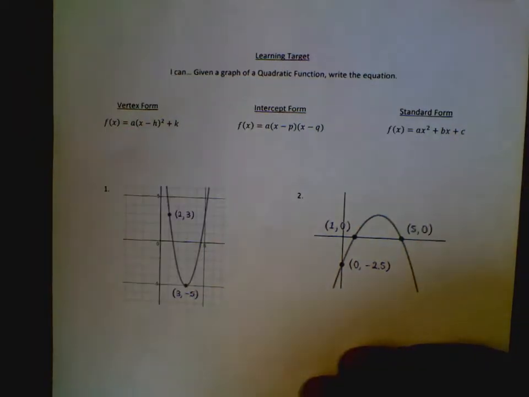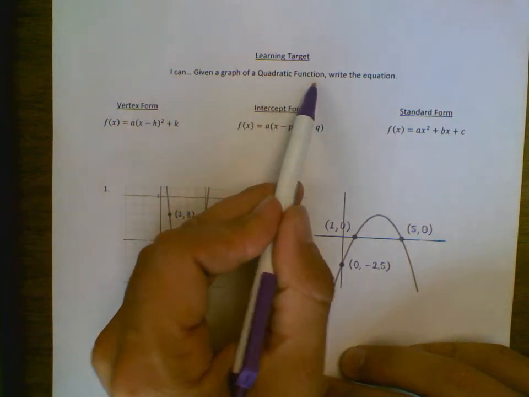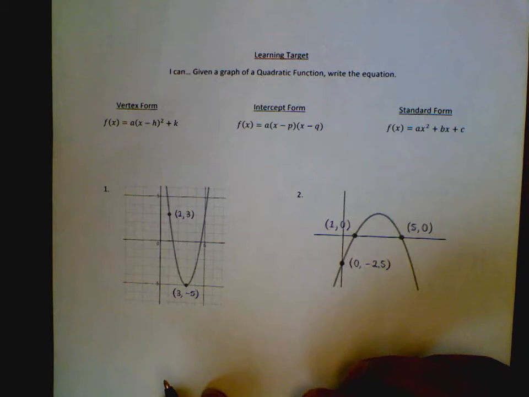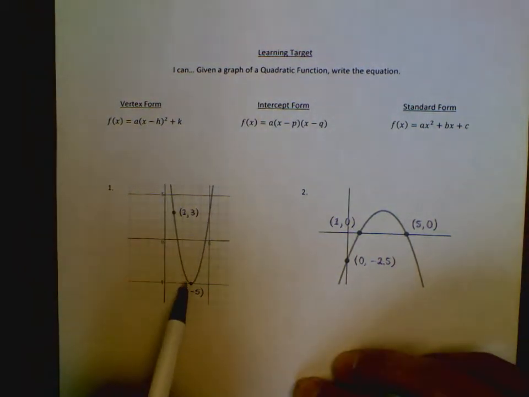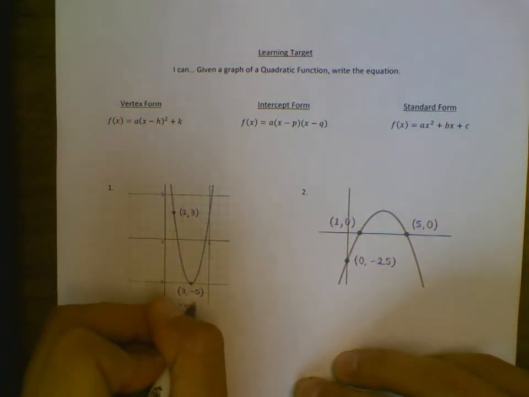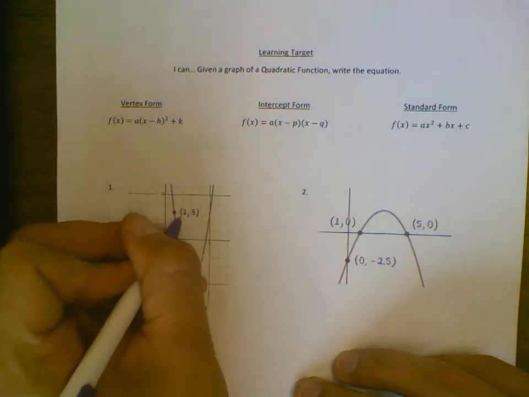In this video, the learning target is: I can, given a graph of a quadratic function, write the equation. So we're going to look at two specific examples. In number one, we're given this graph, and you'll notice that we have the vertex. They're telling us the vertex is at (3, -5). Okay, so this is the vertex. And then they're giving us this other point on our graph over here,